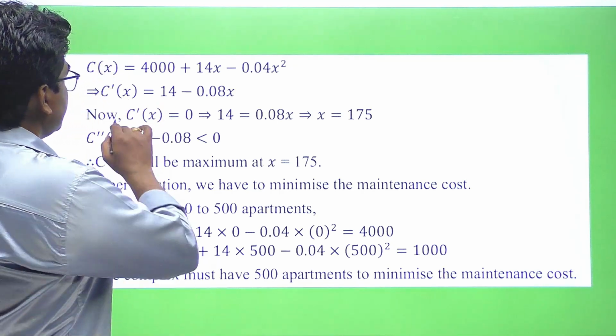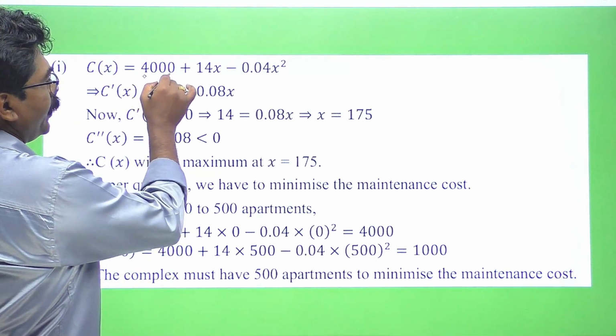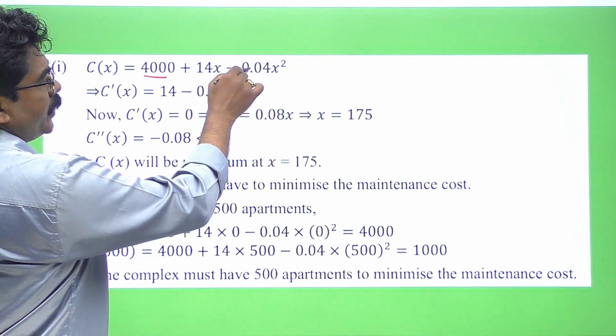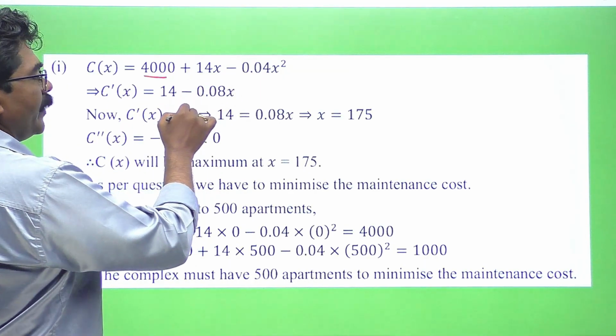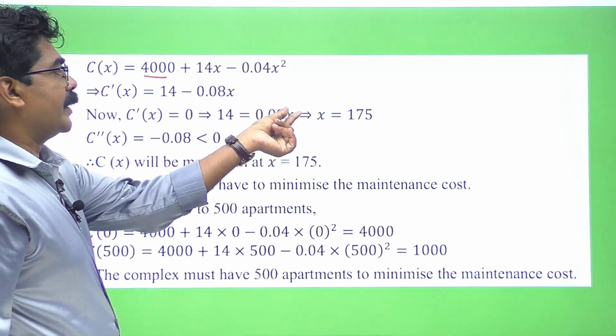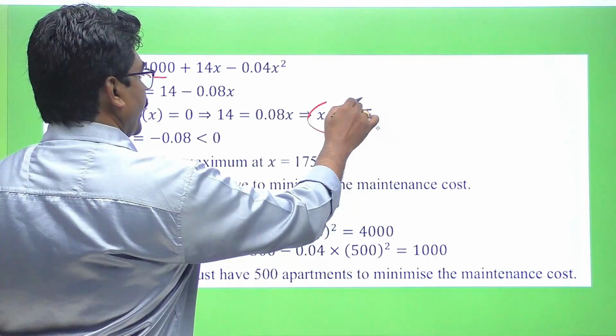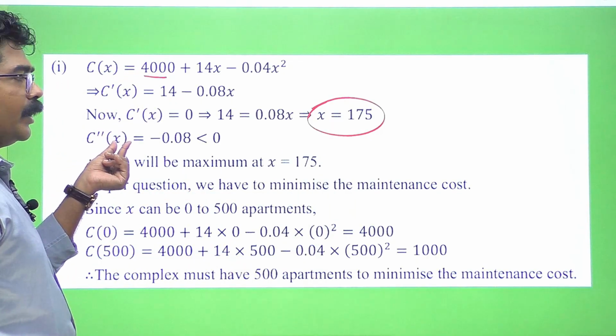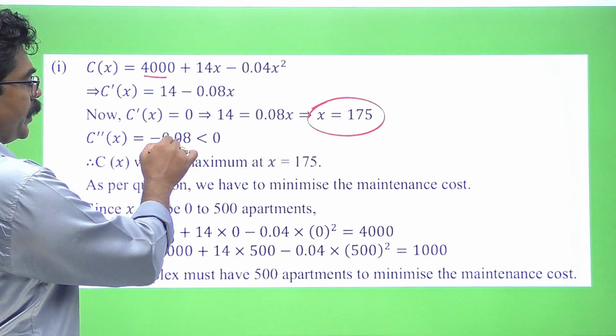Maxima minima. C dash of X is equal to, its derivative will be 0, 14 minus, here it is a minus 0.08x. If you equate this part with 0 for stationary point, then x is equal to 175. C double dash of x, if we take the derivative again, it will be minus 0.08, that is